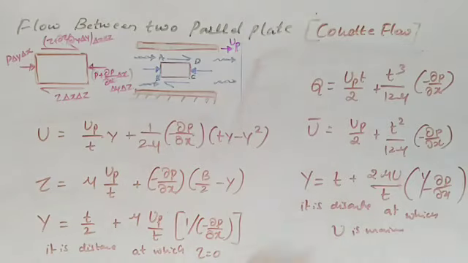These are the equations we have derived in this session, and this question will be asked for 10 marks. And this is the Couette flow condition, in which one plate will be stationary and another plate will be moving with some velocity, that is, the upper plate will be moving with some velocity.